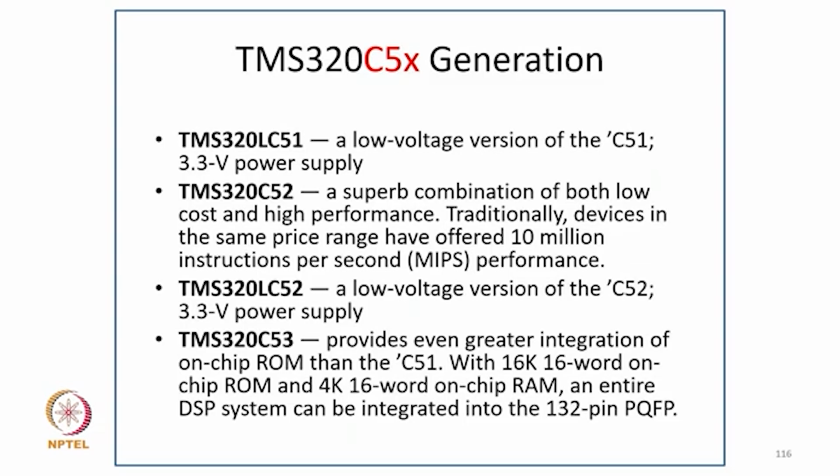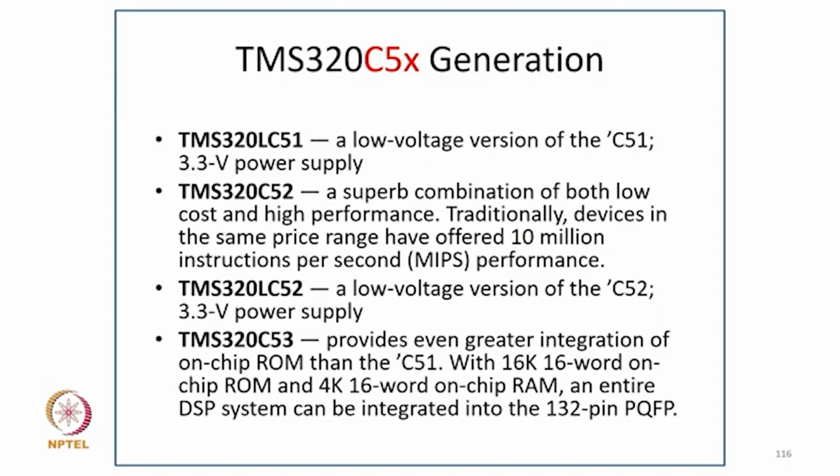TMS320LC51, a low voltage version of the C51 with a 3.3 volt power supply, and TMS320C52, a superb combination of both low cost and high performance, registered devices in the same price range that offer 10 million instructions per second (MIPS) performance. And the TMS320LC52, a low voltage version of the C52 with a 3.3 volt power supply, and TMS320C53 provides even greater integration of on-chip ROM than the C51 with a